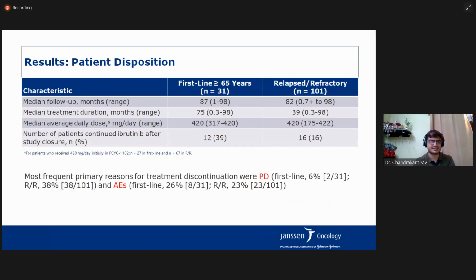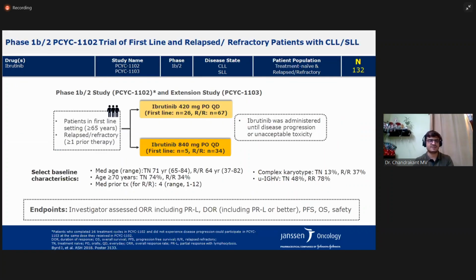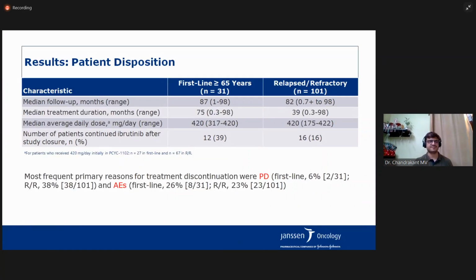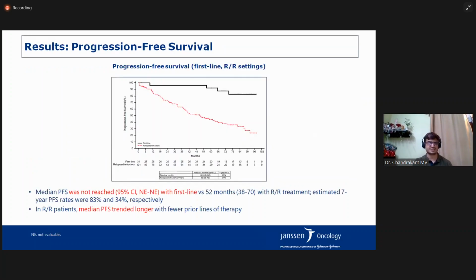I will show you why this trial is important. This is an investigator-assessed overall response rate, duration of response, PFS, OS, and safety. And the most frequent primary reason for treatment discontinuation was progression of disease, and adverse events in few patients. So you can see the improvement in progression-free survival in the frontline treated, and also in the relapsed refractory